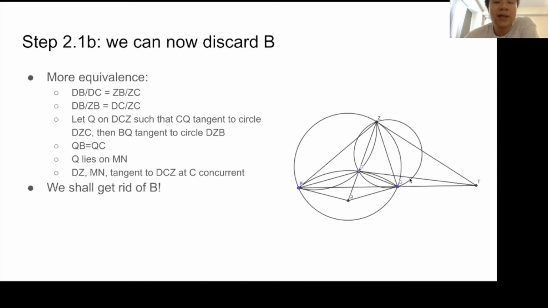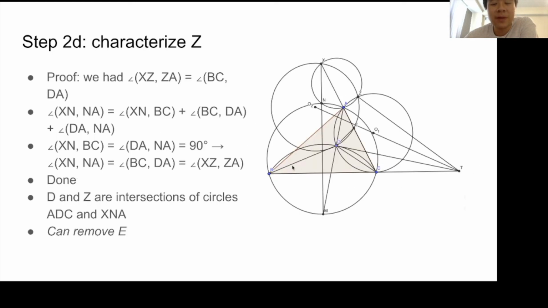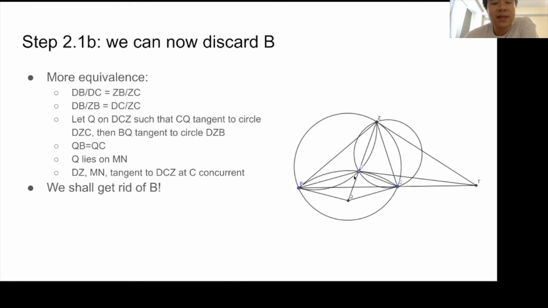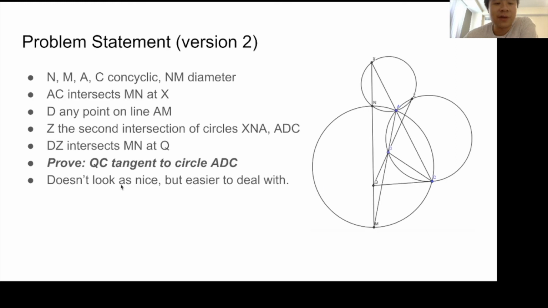And recall that MN is the perpendicular bisector of the line BC. This means that this is also equivalent to the claim that Q lies on MN. Or you can also say that the line DZ, MN, and the tangent to the circle DCZ at C are concurrent. So this means that we can effectively get rid of B,